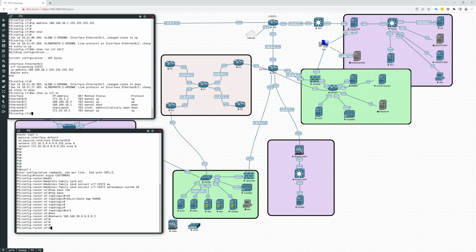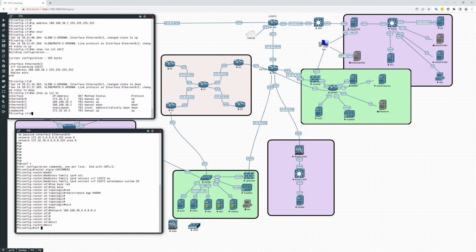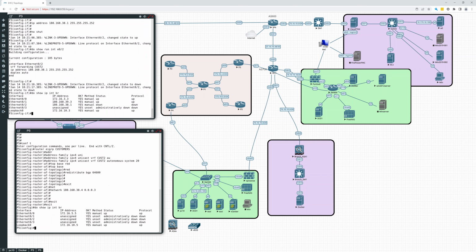So our next step here is to assign the interface. We're going to go into the interface. So on P5, let's see, we have E0/0 used. And E0/1, we should be able to just do E0/1. So let's just use E0/1. So let's exit out of here. Do show IP interface brief. And yeah, we can see that Ethernet 0/1 is available. So let's do that. So interface E0/1,